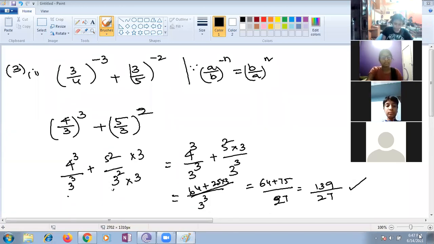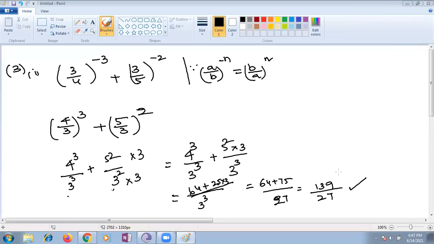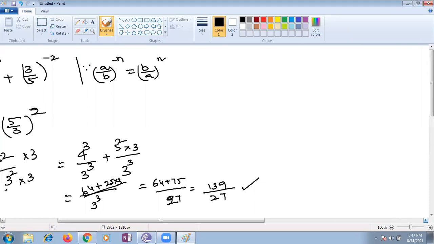Actually that was me, Akash. I was saying that I didn't do it like this, ma'am. I did it in some other way, but the answer is the same. Yes, that's why I'm telling you, you can use many ways, but you have to see the shortest one. You have to apply your fractional part here and make them like. To make them like, see what changes you have to do for your second part. Once you get that, you can identify it very easily, children. This is one way, or you can do your own convenient way, that is also fine.